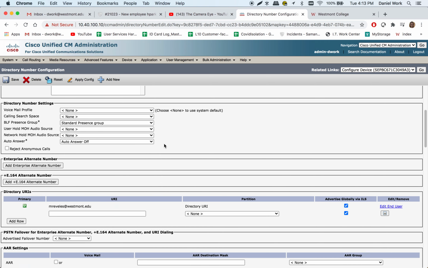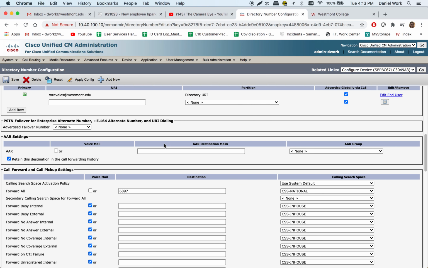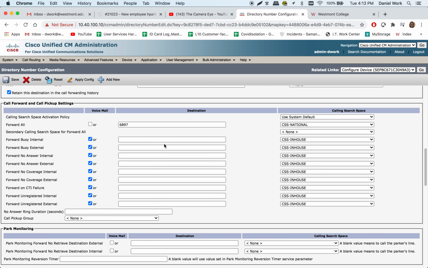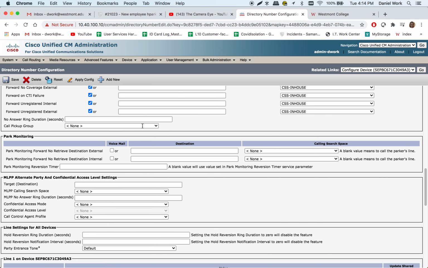You can skip through the rest of this stuff for the most part. Note that right here, call forward and call pickup settings. Currently, this phone is forwarding everything to extension 6897. And I could do a bit of digging to find out why that is. But just in general, if there's something in here, it's usually good to note it. Because if they receive their phone and say, like, I'm not getting any calls, there could be a forwarding number in here. We're going to continue down